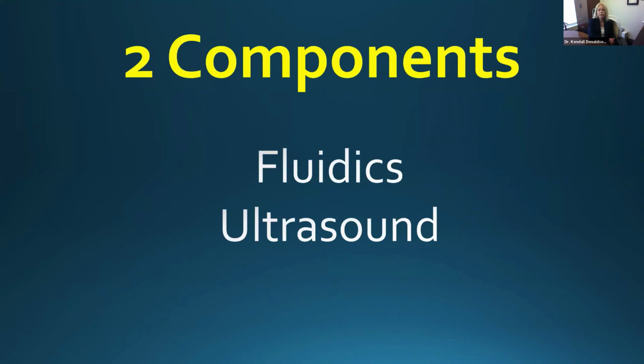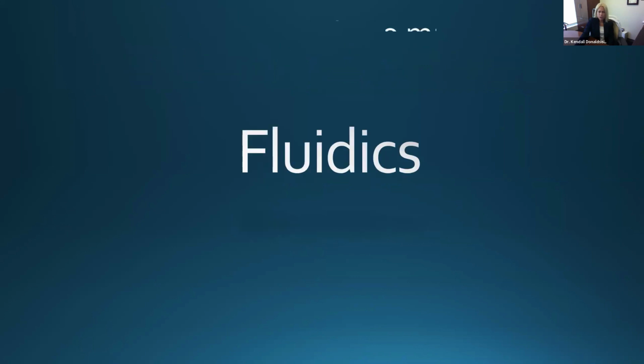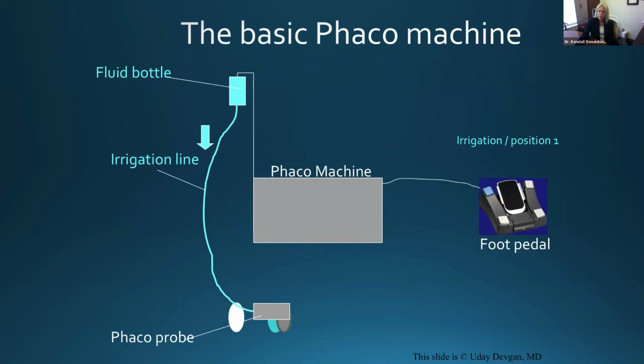So there are basically 2 components to phaco dynamics. One is fluidics, and 2 is the release of ultrasound or energy into the eye. So let's start with fluidics. So this is the basic phaco machine. All phaco machines are fluid-based, so we always have a fluid source, whether it be a bottle or some form of bag of fluid, an irrigation line that's taking fluid into the eye. The phaco machine allows us to pump this fluid through the eye,